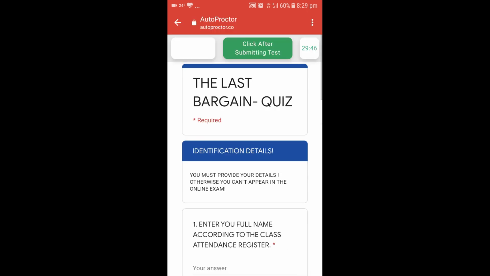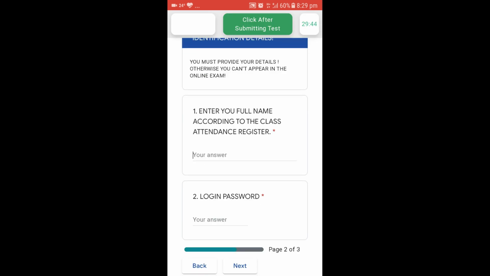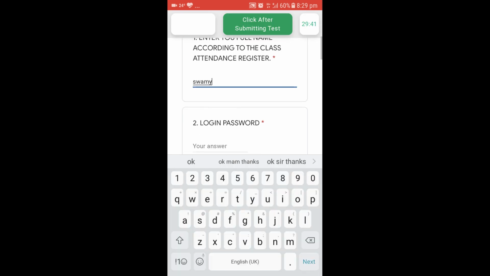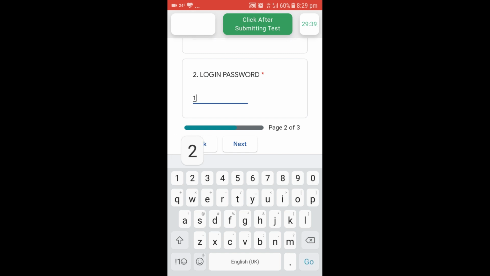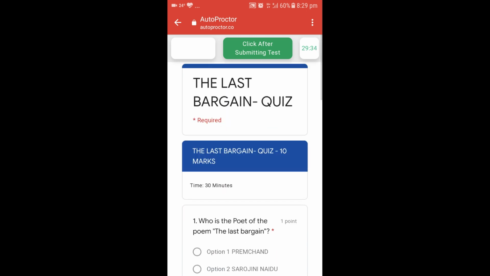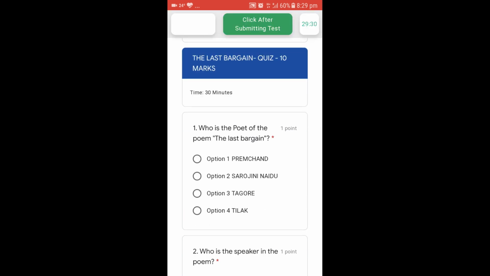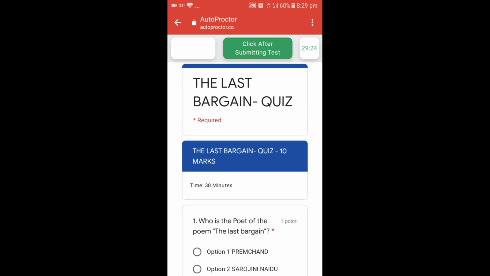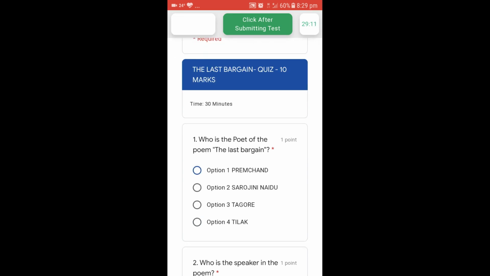Then they will do as usual. They don't do anything new in your Google Form. Let the student enter the name and the login password. Whatever way you have been conducting online examinations, you have to go with the same method. The only thing is we are using this proctor and timer, or online proctoring application or add-on. Let me make some kind of noise here, and it is capturing my image also using the mobile camera. Here you can see 29.15 seconds of time is left. Let me select quickly.